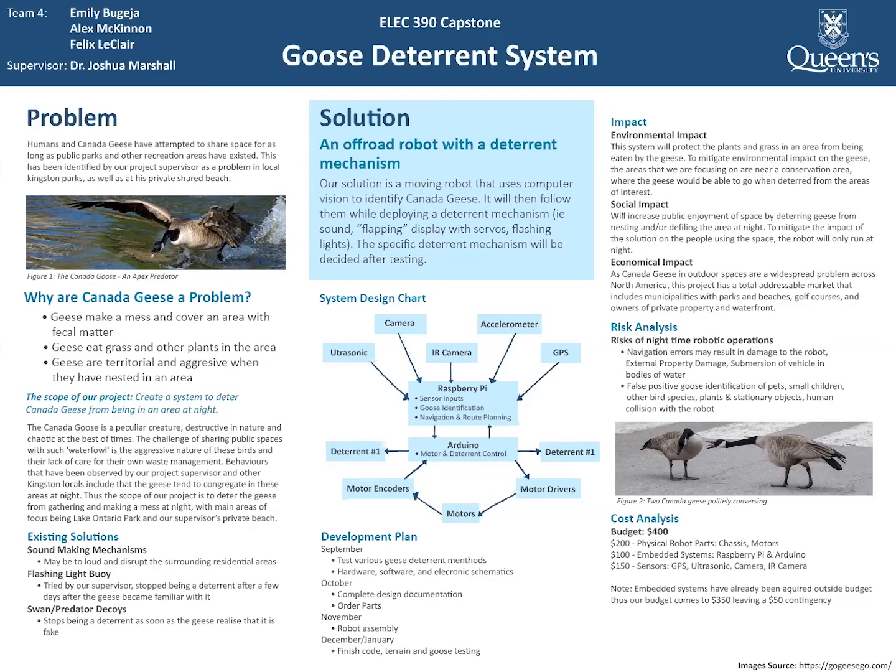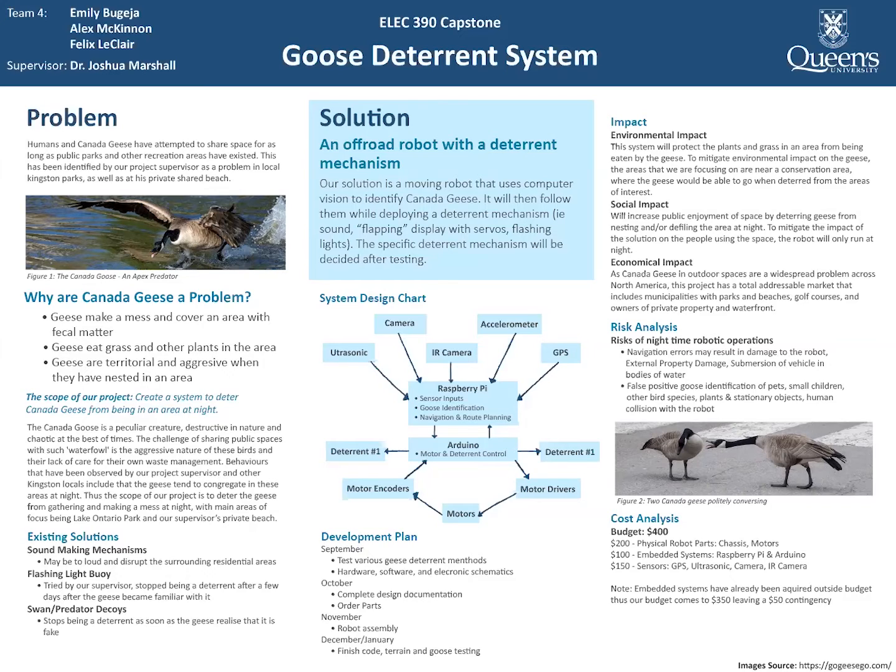So our solution is to create a mobile robot that uses computer vision to identify Canada geese and then deploy a deterrent mechanism to discourage them from loitering in the area. This deterrent mechanism could include sound, a flapping display with servos, or other methods to be determined after further testing. The robot would primarily operate during the night, interrupting the nesting and resting cycle of the geese. This provides us with a humane way of encouraging the animals to seek out another area within which to nest